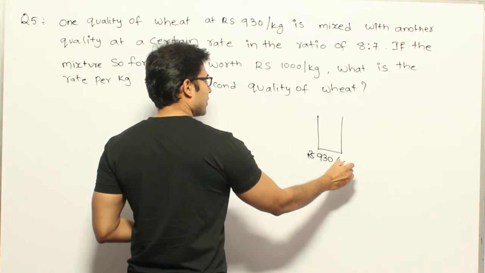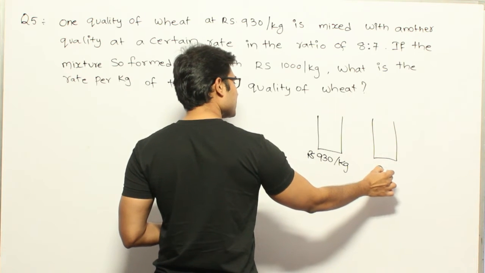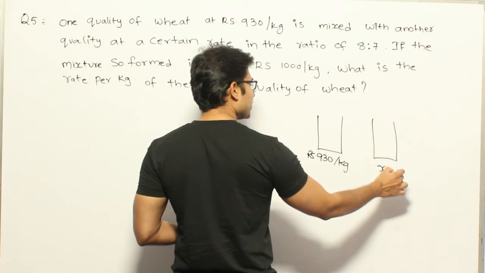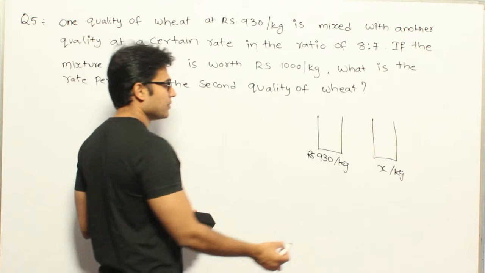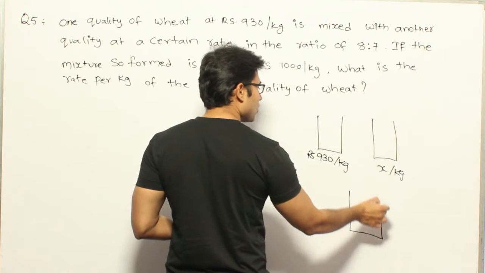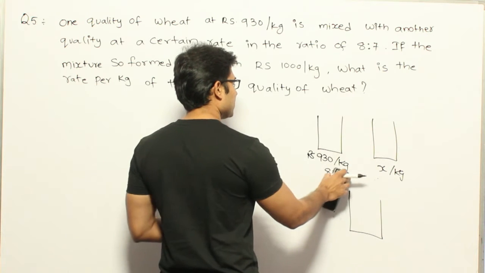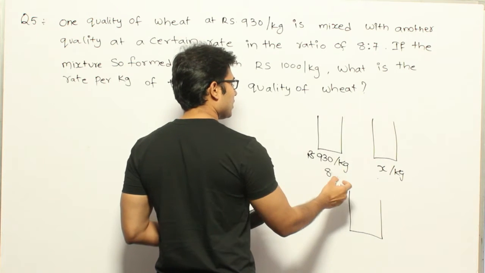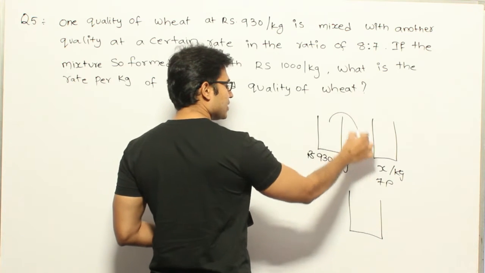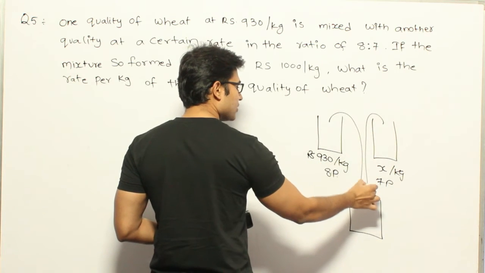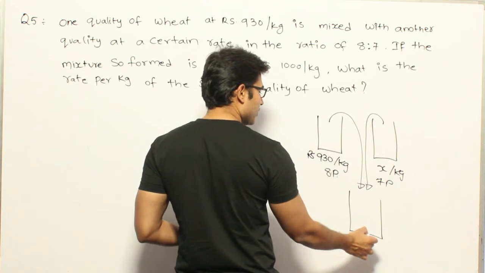Okay, and for the other one they are not saying the price. So let's assume that the price of the other one is x rupees per kg. And now they are saying that when we mix these two in the ratio of 8:7, which means if I take 8 parts of this and then 7 parts of this, and I mix them both, then I am going to get a new quality of wheat, and the cost of this wheat turned out to be 1000 rupees